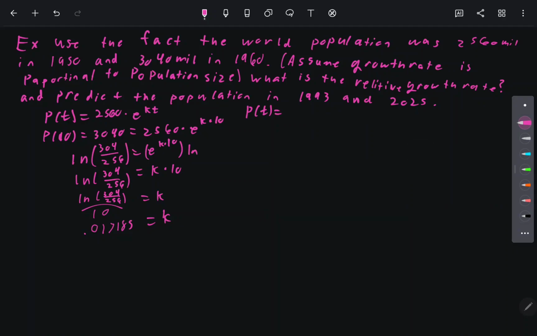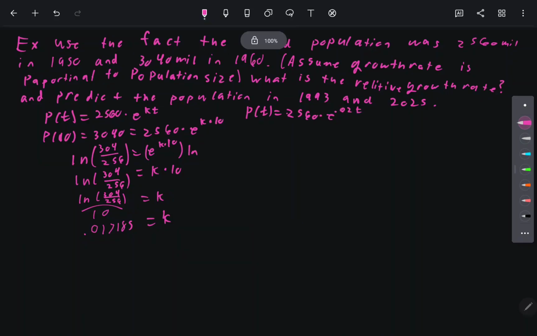So I think, in general, this is going to be relatively easy to wrap your heads around. So P of t in this case is going to be equal to 2,560 times e to the 0.02, and I'm just going to round this to 0.02, why not? It makes our math easy, times t. Now, if we want to estimate in 1993 and 2025, all we have to do is do